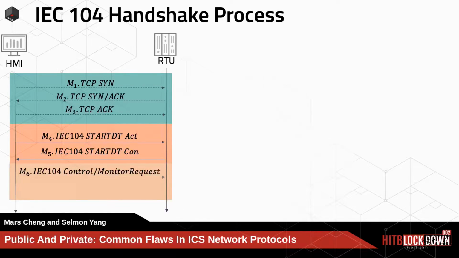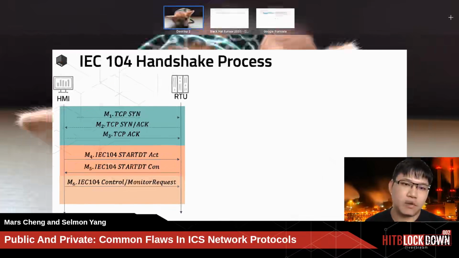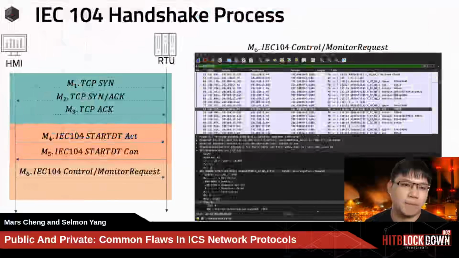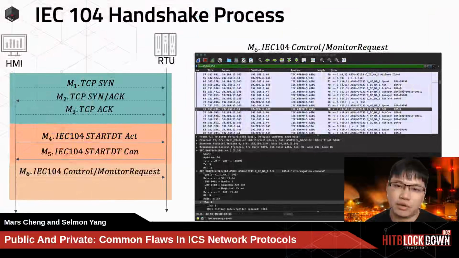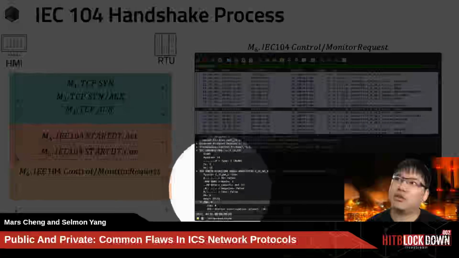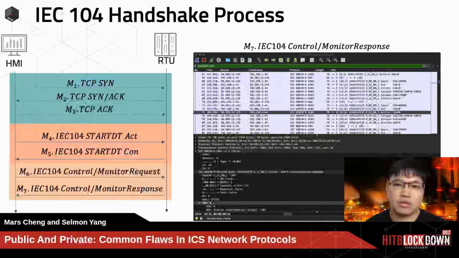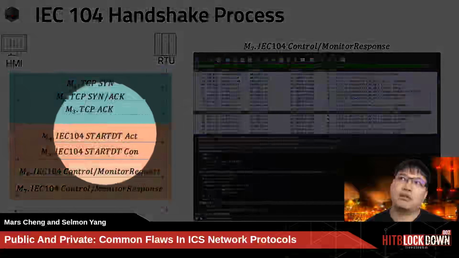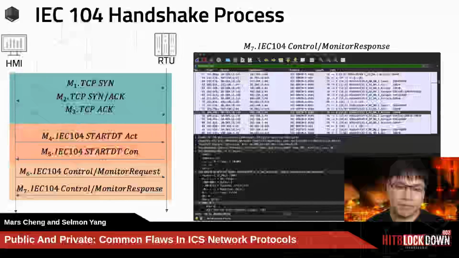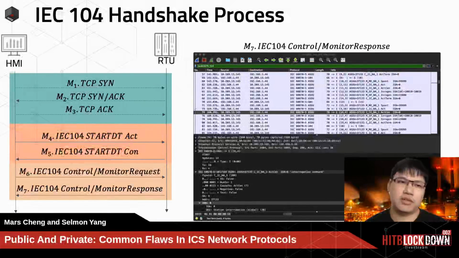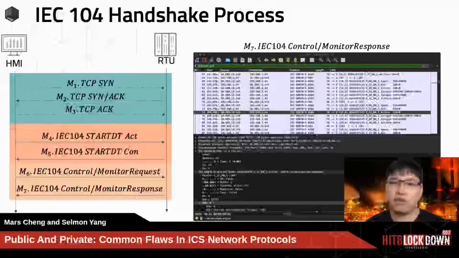And then IEC 104. IEC 104 provides kinds of control and monitoring requests. So you will also see here that the messages, commands, and responses are often plain text passwords, so often plain text. So of course there is no security included in the design. However, you will find one thing: they have start, action, and confirm, but they don't have stop, action, and confirm. So it's a very rare feature of the IEC 104 handshake.